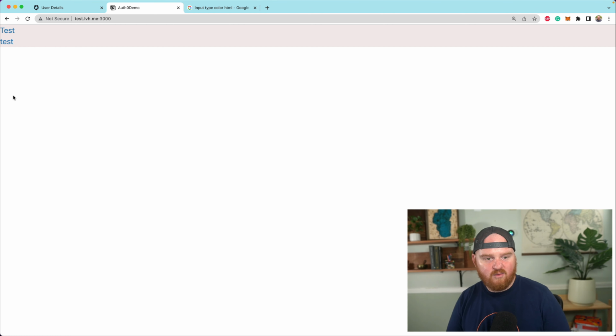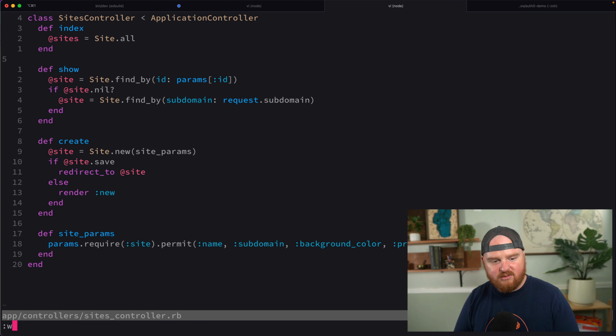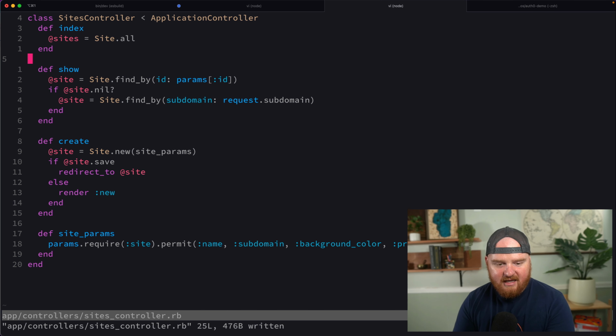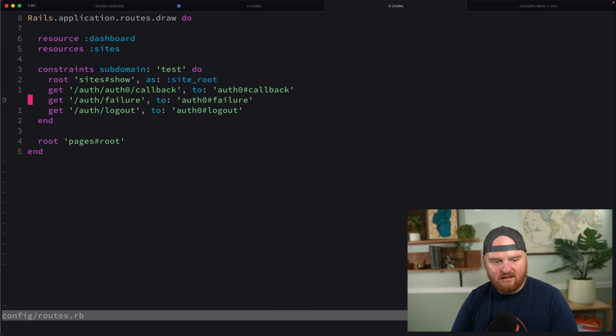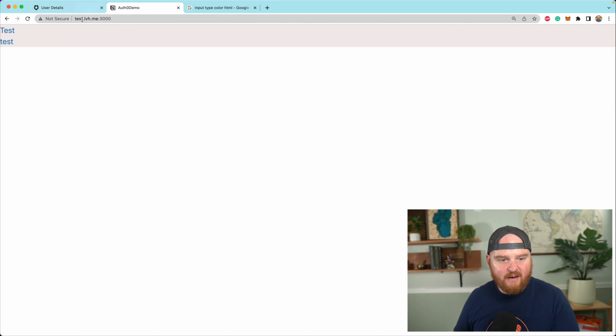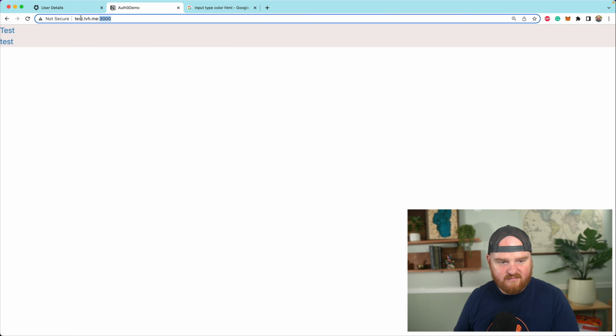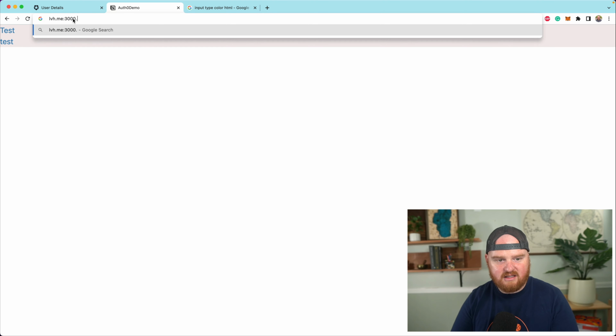So now what we could do is put any site routes, if we wanted to have certain pages that are related to a site, we could nest all of those under a site's namespace and have it just work under the site path. So this is the bare bones basics for setting up subdomain routing. But you'll notice if we go back to lvh.me